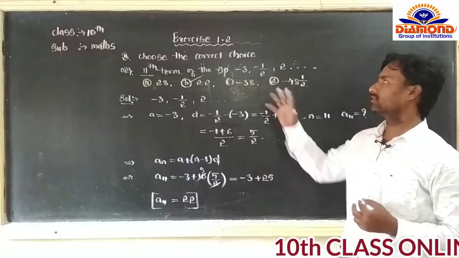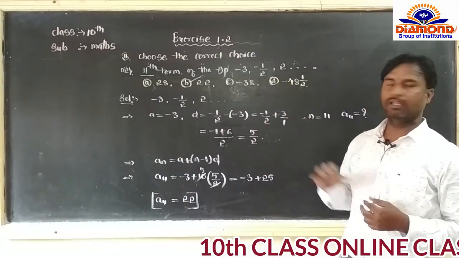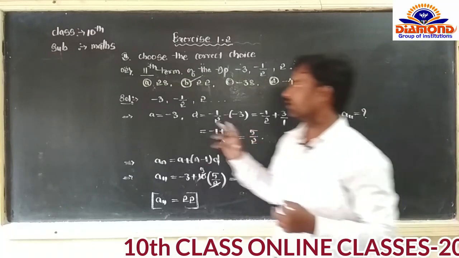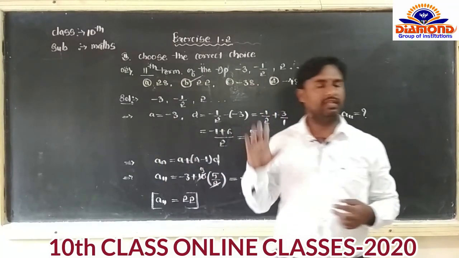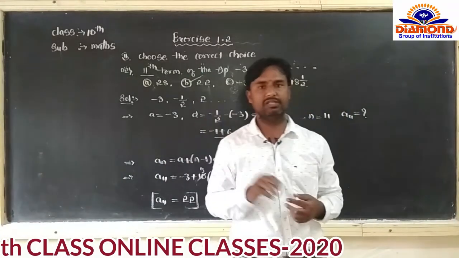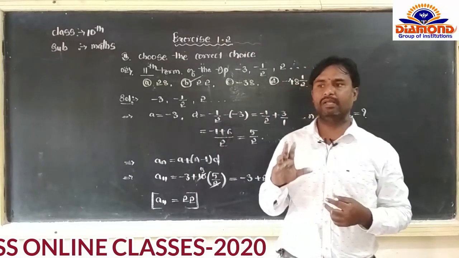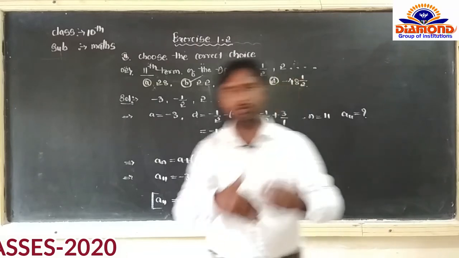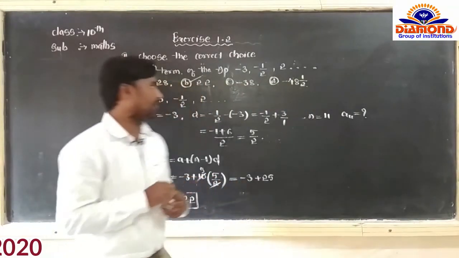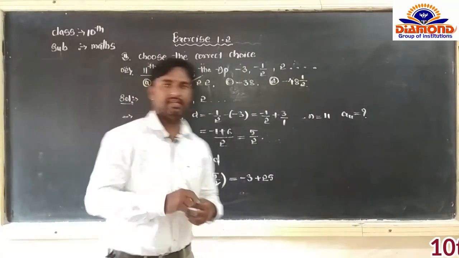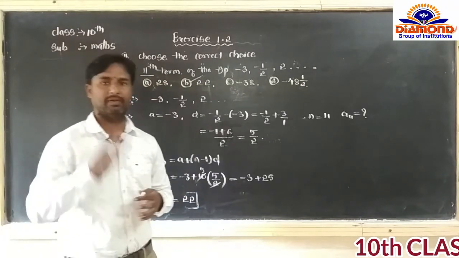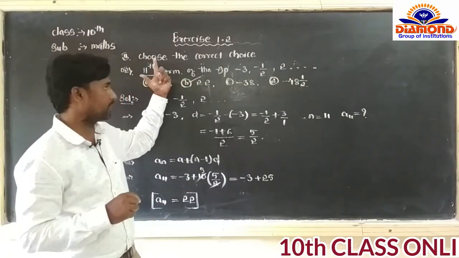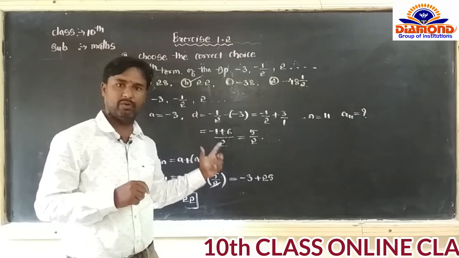Today we started exercise 1.2, dear students. In exercise 1.2, I first explained the first bit. The first bit has 5 questions. Of those 5 questions, I explained 3 questions. The remaining 2 questions I left for homework; you will do those 2 questions as homework, dear students. Afterwards we came to the second bit. The second bit has 2 multiple choice questions. The first question and the second question were both explained to you, dear students.